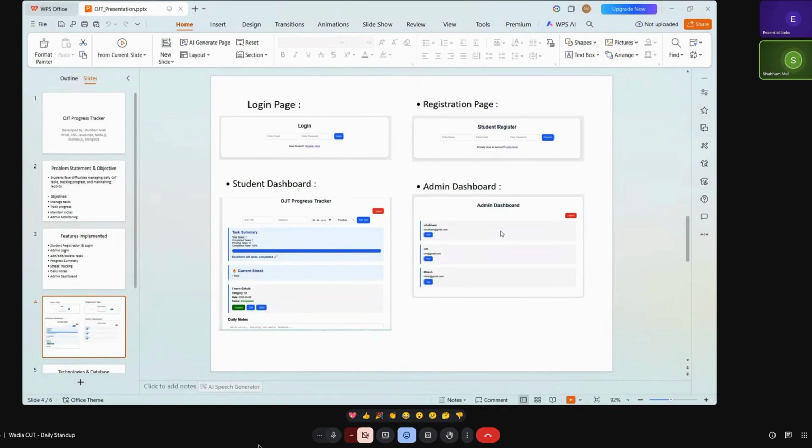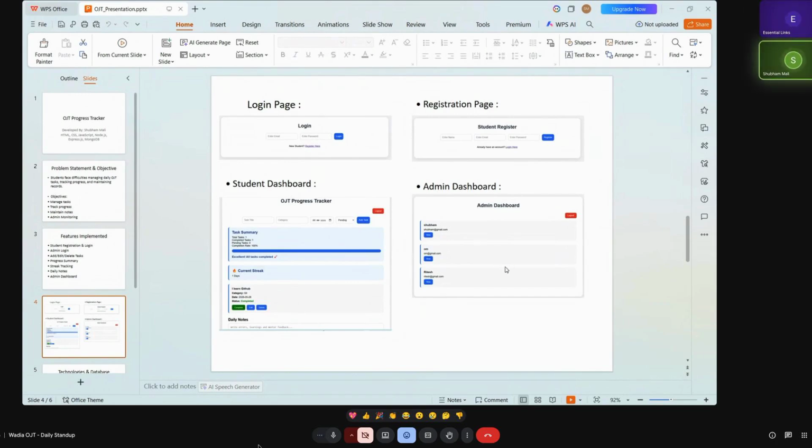And sir, I implemented a streak feature. For example, if the student completes one task daily, then the streak is increased. If you don't complete any task today, then your streak will be lost. It means the student stays consistent. How are you implementing the streak feature?